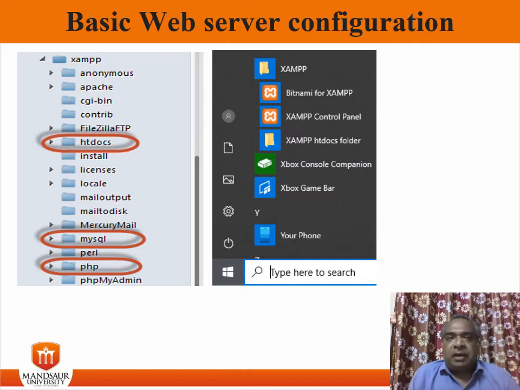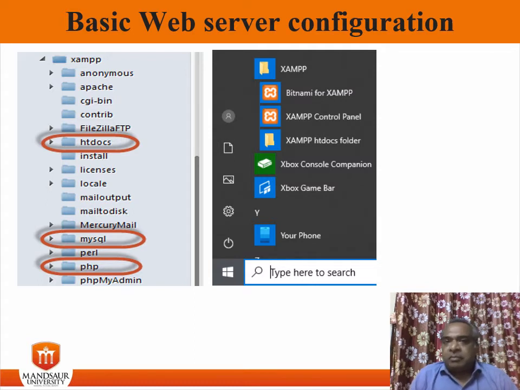Now we come to opening the control panel to manage the programs installed via XAMPP. To open the XAMPP control panel, we click on the start menu, as shown in the second diagram.